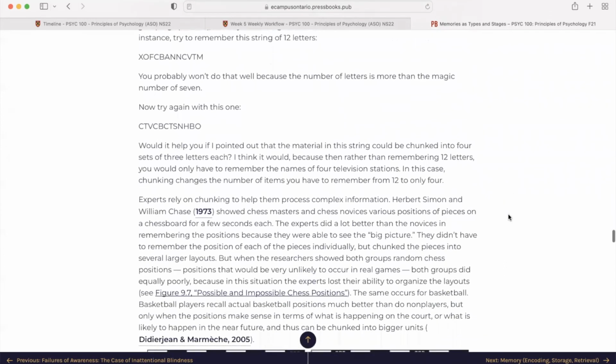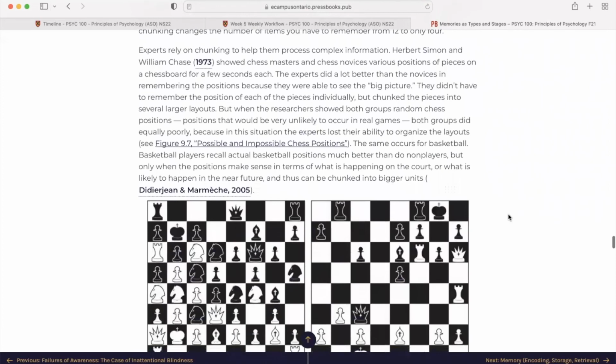Experts rely on chunking to help them process complex information. Herbert Simon and William Chase showed chess masters and chess novices various positions of pieces on a chessboard for a few seconds each. The experts did a lot better than the novices in remembering the positions because they were able to see the big picture. They didn't have to remember the position of each of the pieces individually, but chunked the pieces into several larger layouts. But when the researchers showed both groups random chess positions, positions that would be very unlikely to occur in real games, both groups did equally poorly,